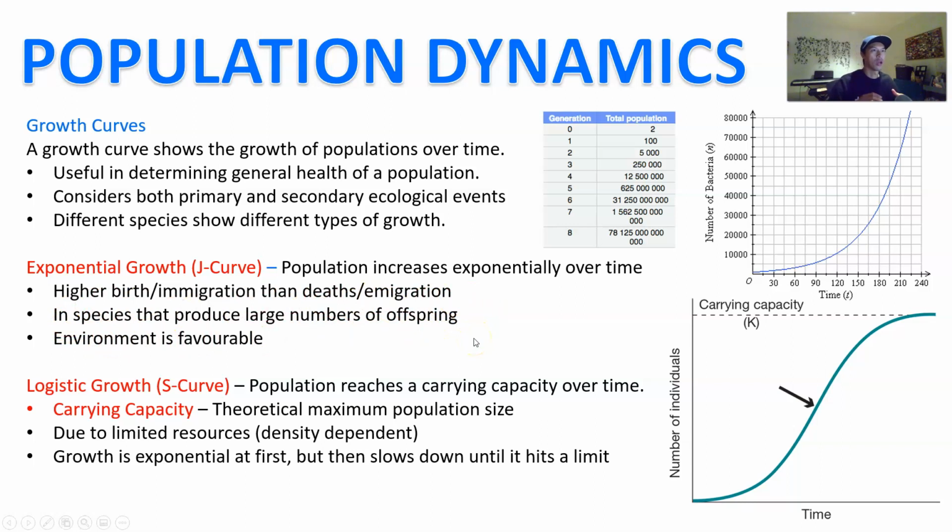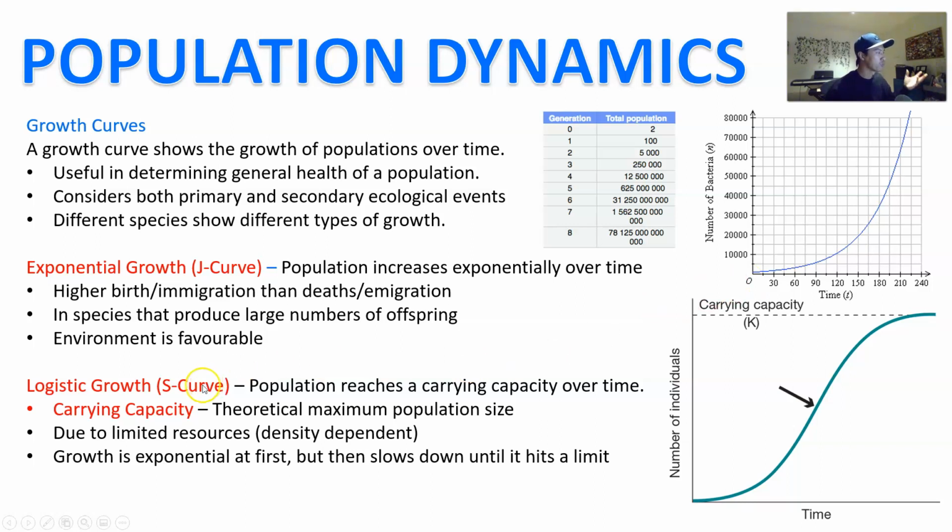So for example, when we think about fish that produce thousands and thousands of eggs, if the environmental condition is favorable and really good, then you should expect exponential growth, because each one of those fish are going to survive really well because the environment is really favorable. And that curve over the next period of years is going to bounce back really well. So, if you look at a particular type of fish and you say, oh, geez, the fish is dying, what's going on? And then you remove the limiting factor, and then you should expect exponential growth in the fish back again, because it's now surviving, reproducing, and the fish naturally produce heaps and heaps of offspring.